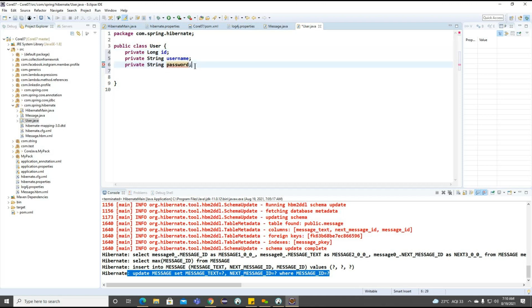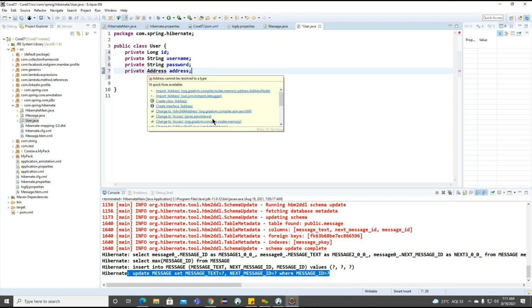So these are the three properties. Along with these three properties, I want to define one more property, something called address. Right. So these are the properties we are having.